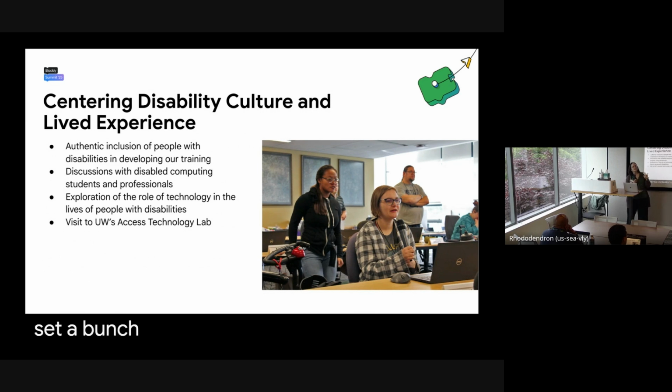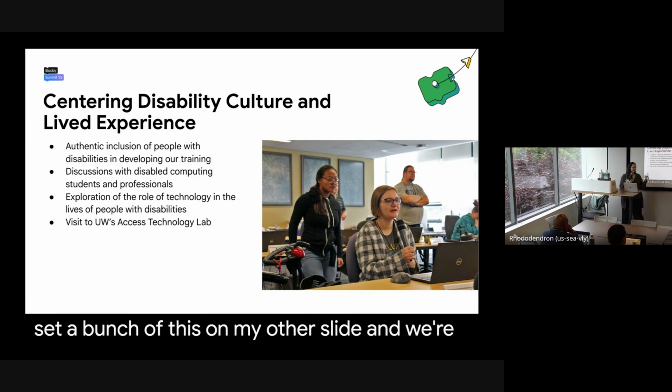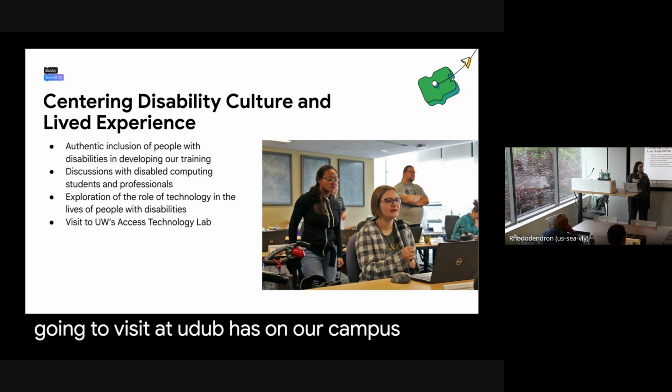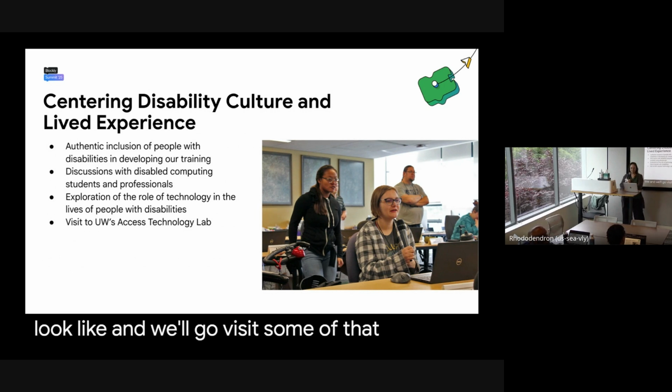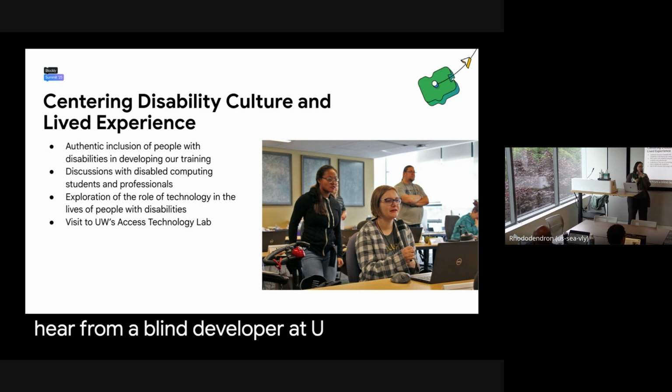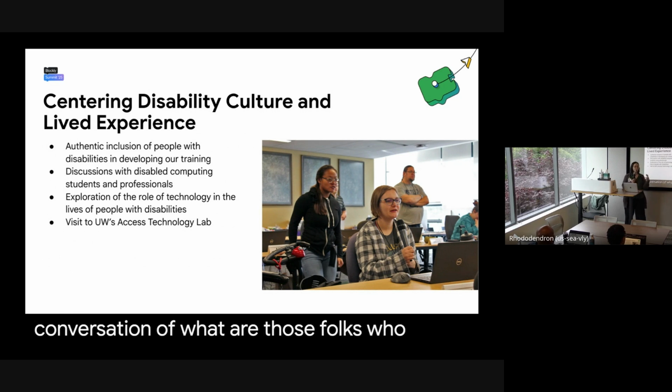I said a bunch of this on my other slide. And we're going to visit, UW has on our campus an Access Technology Lab, which has tons of tools that you can play around with, alternative input and output devices. So what do mouse options look like? What does eye gaze technology look like? And we'll go visit some of that. And also hear from a blind developer at UW who's responsible for UW's procurement of accessible technology. So I think that should be a really interesting conversation of what are those folks who are thinking about procurement thinking about in the context of